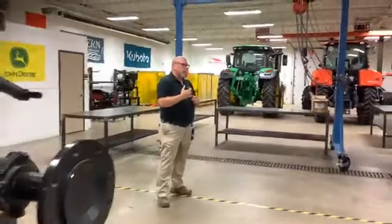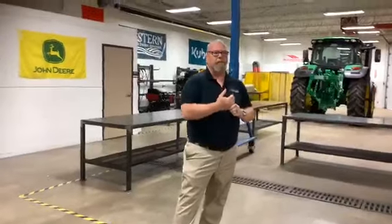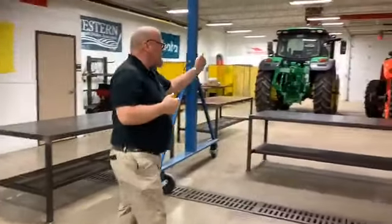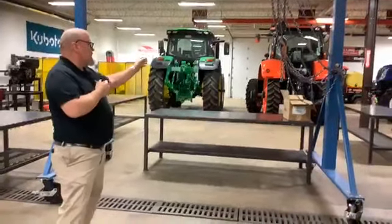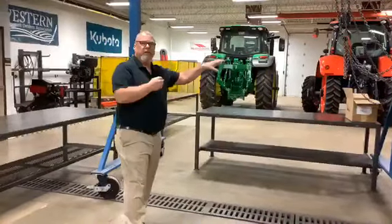We also do some construction equipment. We don't have any right here right now, but we also do construction equipment. But you'll see we have a John Deere tractor, a Kubota tractor, a New Holland tractor. We also have a Mahindra and another